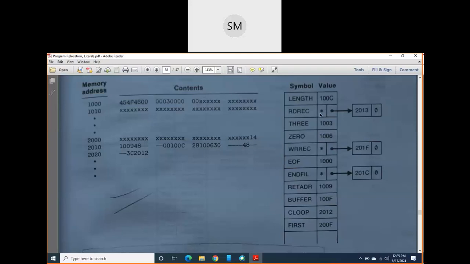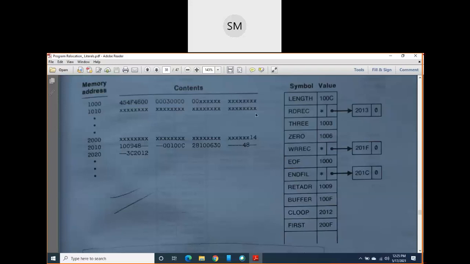Then what is the address of that instruction? You have to create one separate linked list here, and in this linked list you should write 2013. Why 2013?